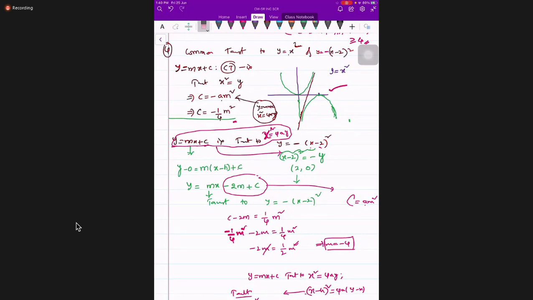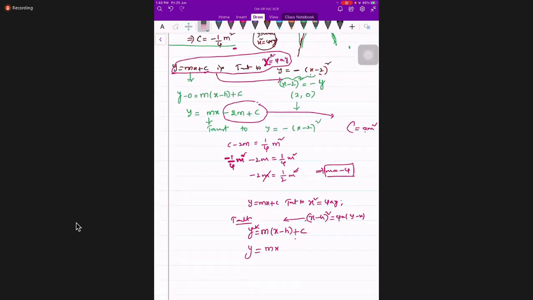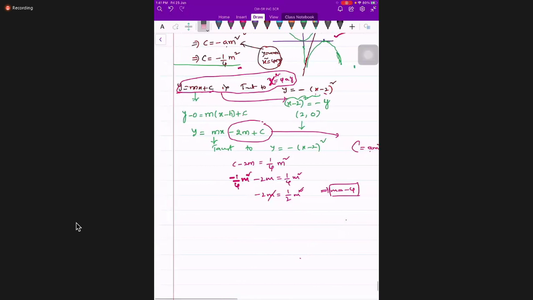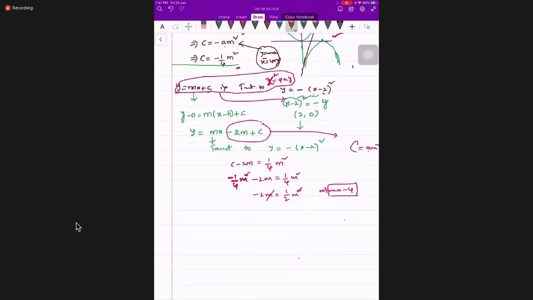Now, sir, we have to substitute the m value in the second. m is not changing, c only is changing. Now the answer we have to do: y equals mx minus 2m plus c, no, sir? See, you got the m value here, right? Above you got c, right? Both you substitute in y equal to mx plus c. mx plus c only. We balanced that c now here. That's why only this discussion. We didn't maintain the same c you had taken at the beginning.